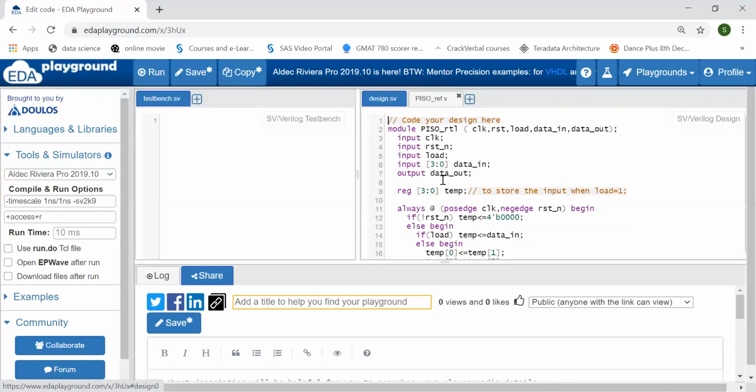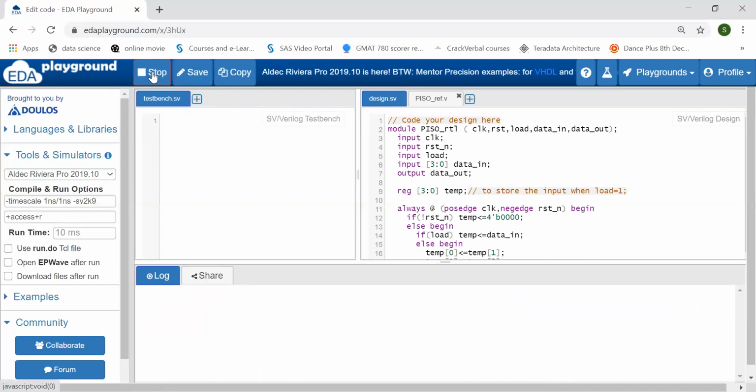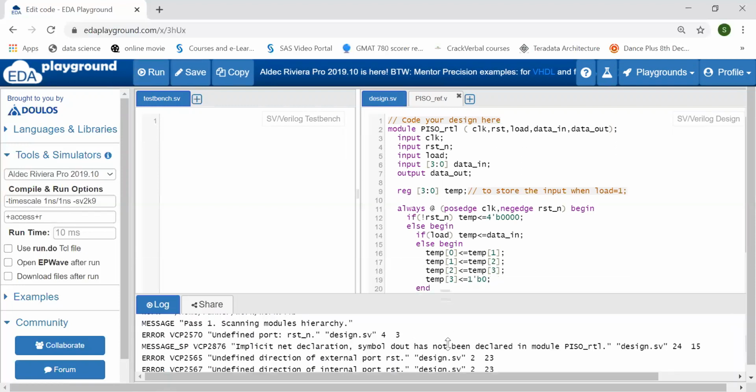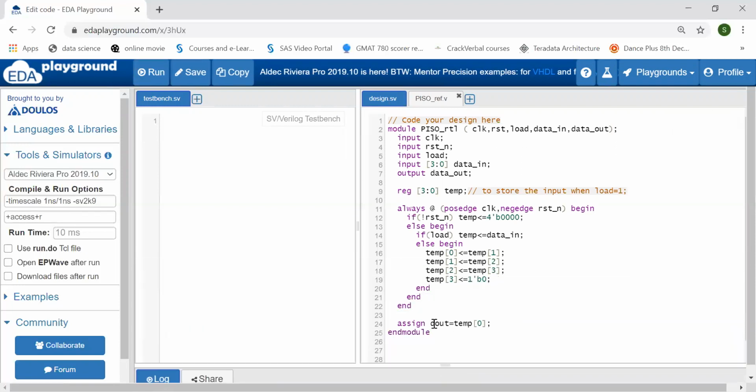Before going to it, let's check whether I have some syntax error or not. Here data out, data in, load, reset n. Here I should rename it to reset n. Yes.